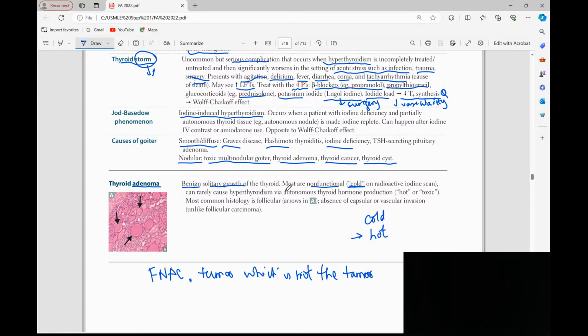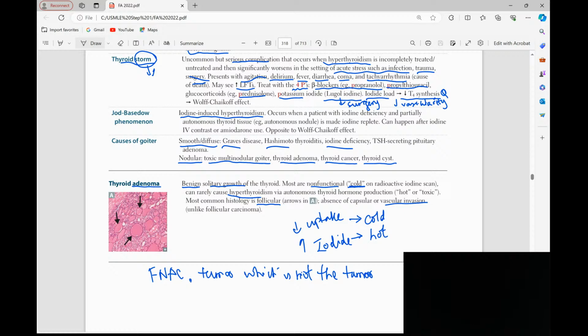If there is more and more uptake of iodide, then it is known as hot, and if there is less uptake, that means the functioning follicles are not functioning properly, and that means it's cold. And it may rarely cause hyperthyroidism, but that's not necessary. Usually there will be follicular growth and no invasion. So adenoma is a simple benign condition,